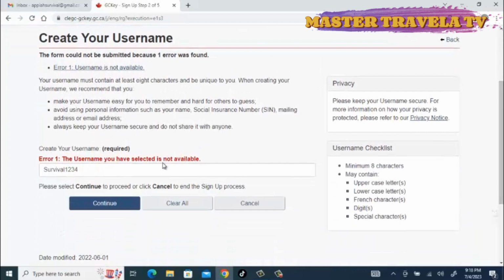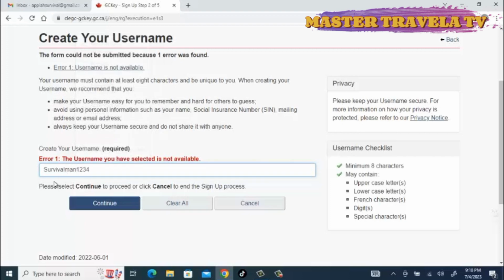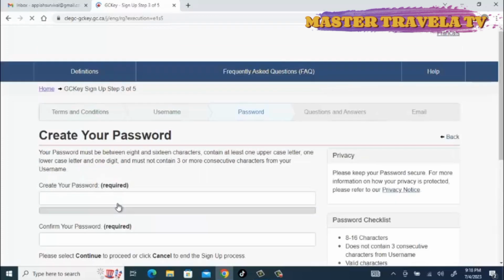Okay, so let's select another one. So you keep selecting until you are able to create a unique and valid username. So now the username has been accepted